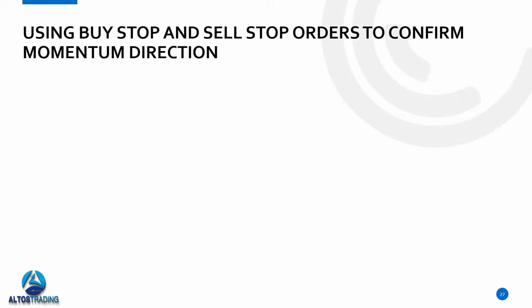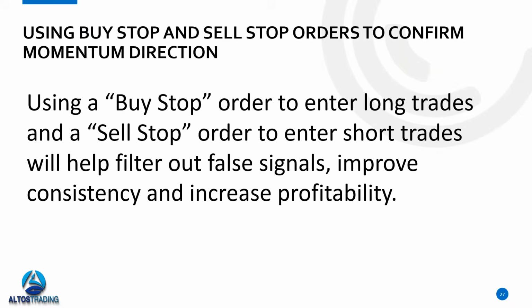But when you're taking a directional trade, for me, it makes a lot more sense to use a buy stop or sell stop order. That simply means that if you think a stock's going to go up, rather than get in right at the current price with a market or limit order, you could be wrong right off the bat. You could think a stock's going to go up, you go long, and it moves against you right off the bat. Well, if you got in with a market or limit order, you're in a losing trade immediately. By using a buy stop order, we tell our broker we want to get in at a slightly higher price than the current mark price.